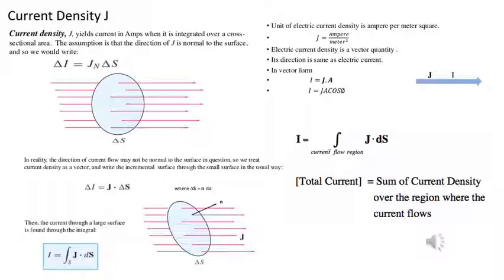We can consider the area vector ds. Within the small section of this area, current density j we have to find. Let in the small ds, di is the current. Then we can write j dot ds. Then you can write di, the small change in current, is equal to current density j dot ds. And in the question itself, the j will be given, how the current density is varying throughout the cross section. It will be given in the question. We are going to solve a few problems in the next slide.